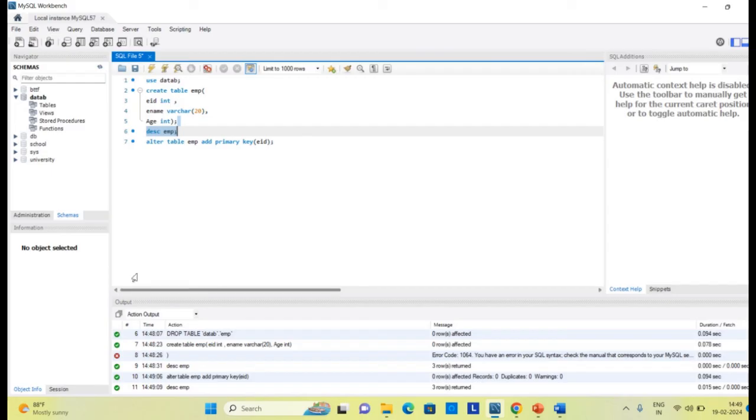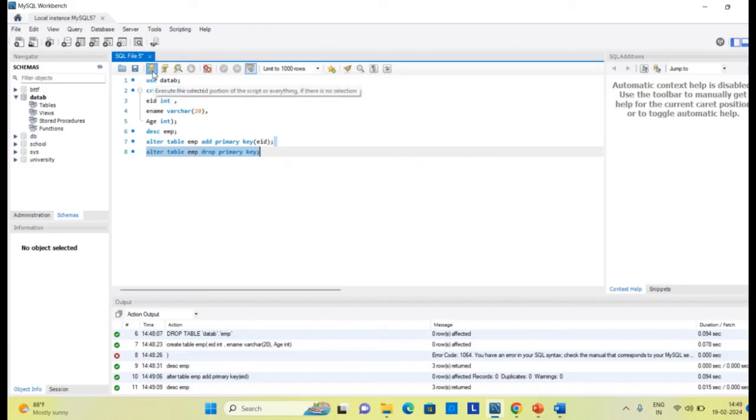Suppose we do not want the primary key further. How can we do it? We just write the statement alter table emp and then drop primary key. By using this we are able to drop a primary key.